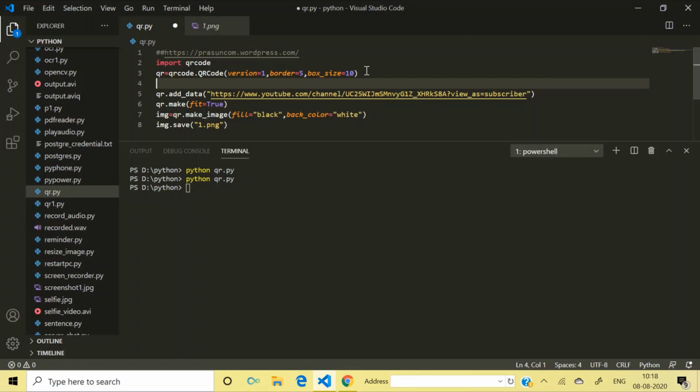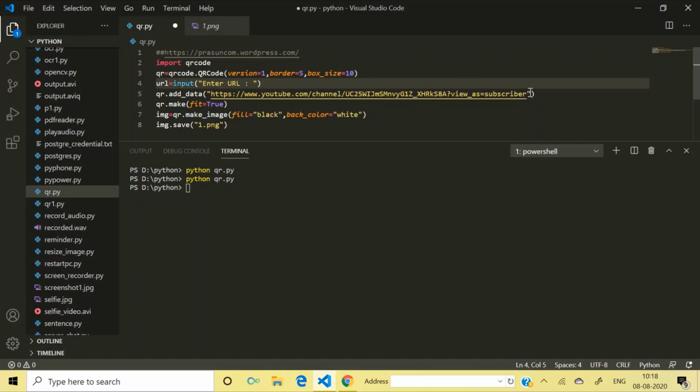That is input, enter URL, and I'm storing this URL into a variable named url.